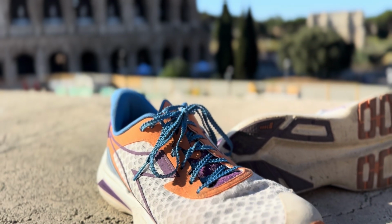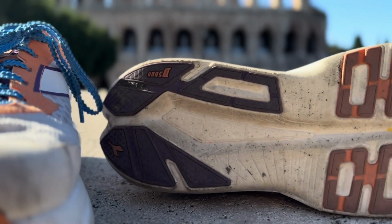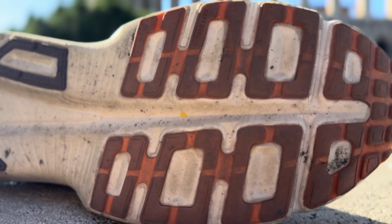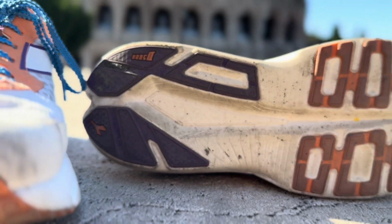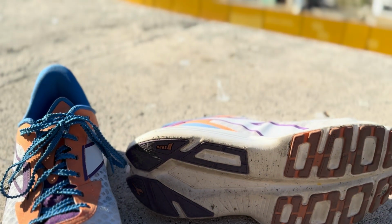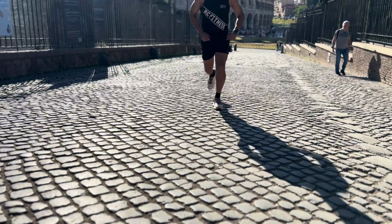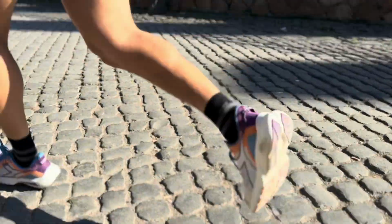Moving on to the outsole. The outsole is crafted with a super soft rubber in the front and a special Duratec 5000 wear-resistant compound across the entire foot. This combo makes it feel like you're running on buttered toast, but with the durability of a tank. So the outsole works great in all conditions and surfaces, rain, shine, or even running through the cobblestone streets